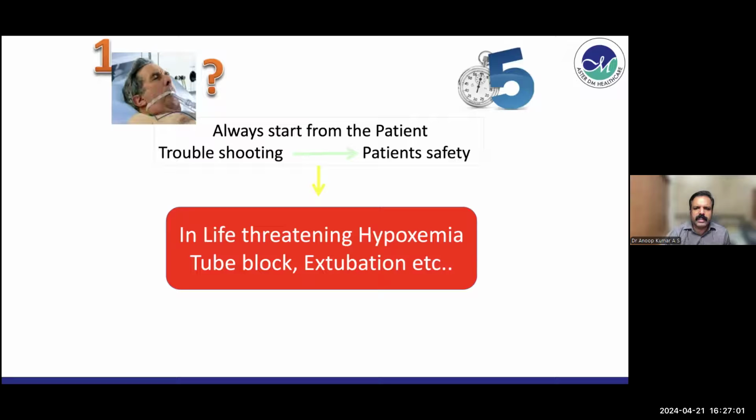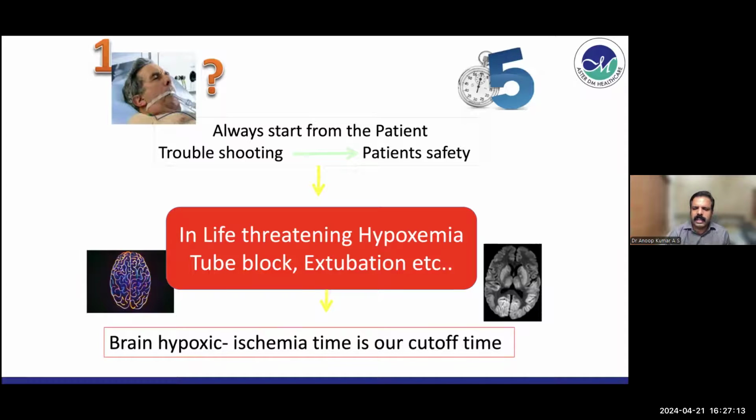First thing, you start from the patient, the troubleshooting. Make sure that the patient is safe. In life-threatening hypoxemia, tube block or extubation, etc., try to secure the airway and maintain the oxygenation. And brain hypoxia, time is our cutoff time. So whatever you do, as you can see in this diffusion weighted imaging, the patient with a severe hypoxic